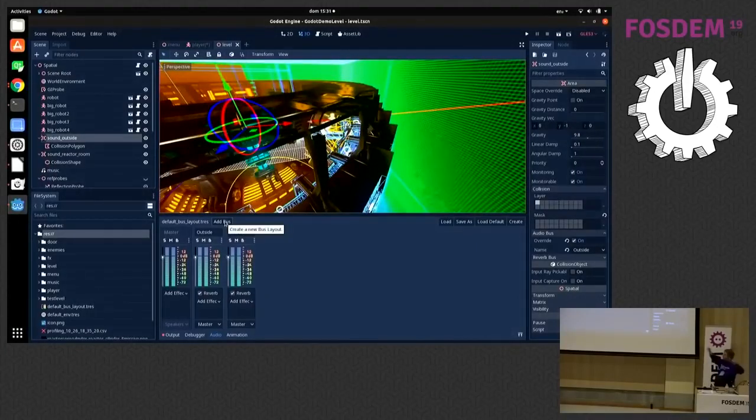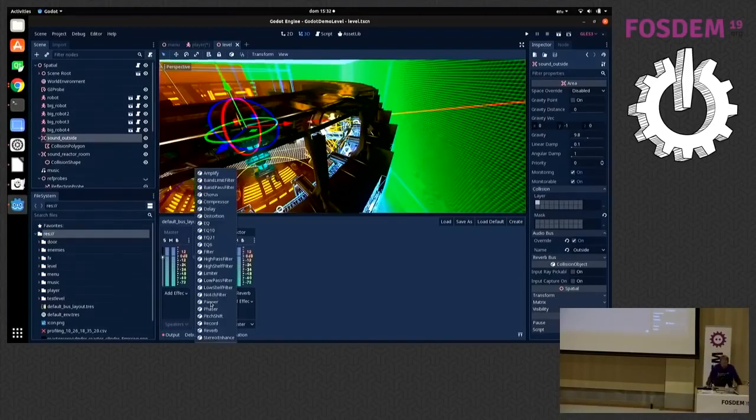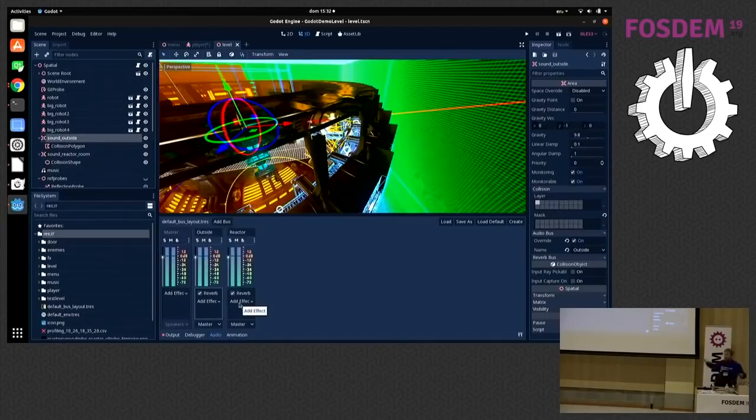And I say that any sound that plays in this area goes to the bass, which is outside. In the outside, I set an area, I say any sound here goes to the outside bass. And then here, as you can see, we can add a lot of audio effects, like amplify, delay, just a lot of audio effects. We can, for example, have different reverbs. For the smaller area, you can use a smaller reverb. For the big area, you can use a bigger reverb. And they are sent there.